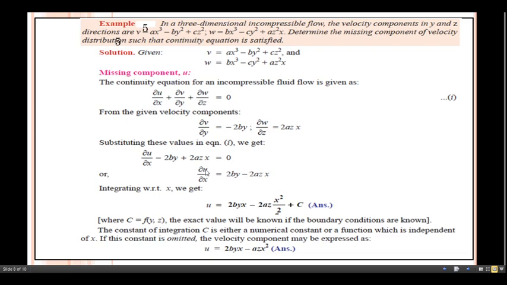So what do we get here? Integration of du means here u, we can get it, and integration of 2by with respect to x is nothing but 2byx minus 2az. Integration of x is nothing but x square by 2, plus a constant term will come into the picture. So here in this case, if you just say